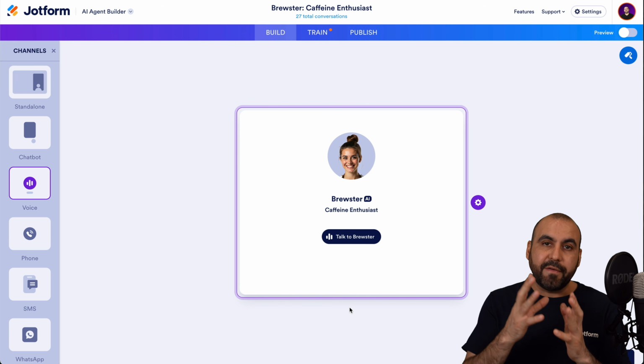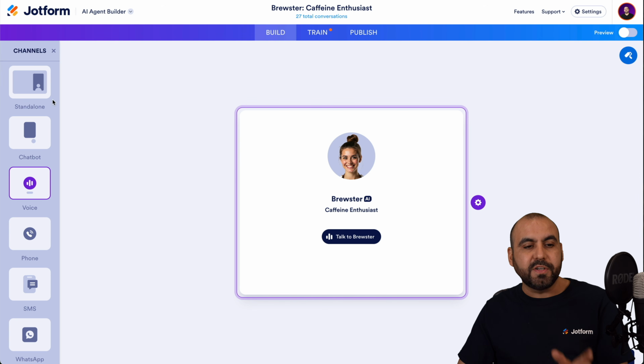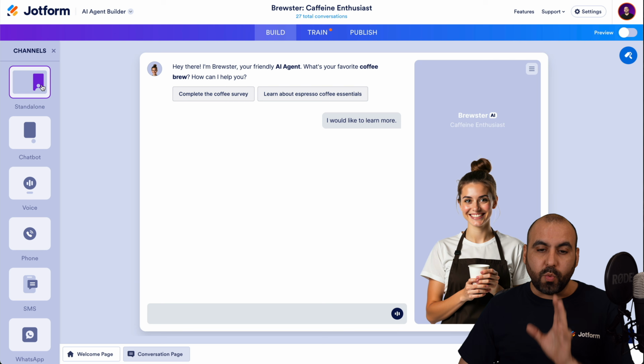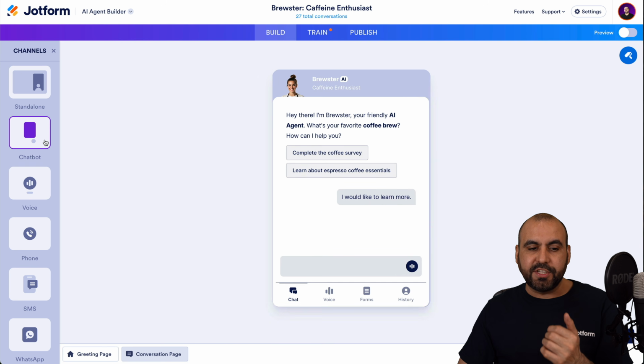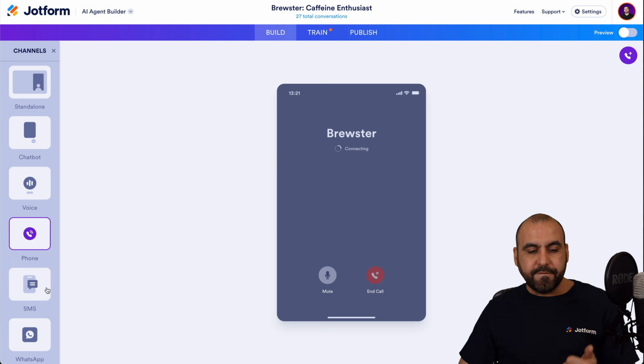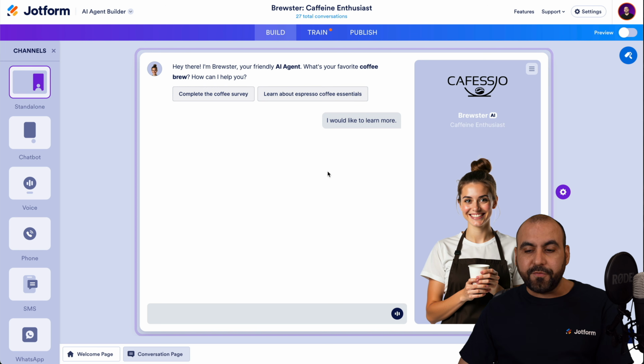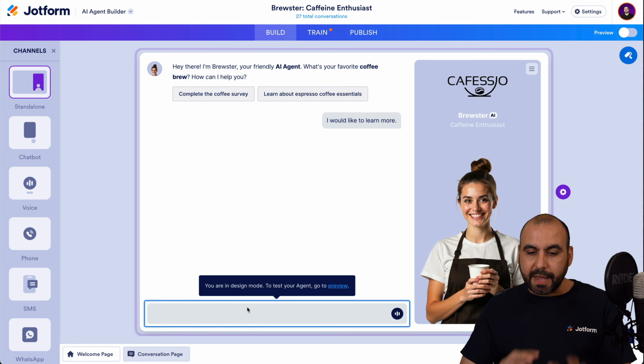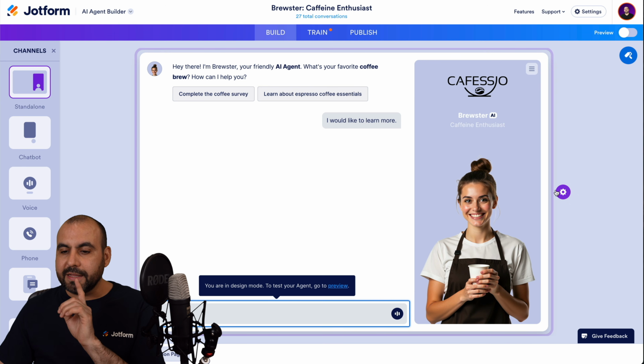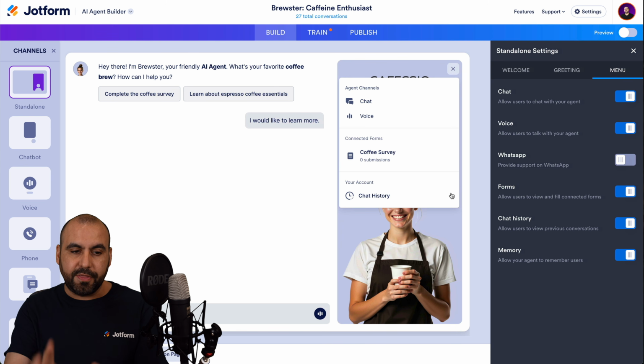So first off, we have the builder, right? And then we have the builder for different sections of this agent. So we have the standalone agent, we have the chatbot agent, voice, phone, SMS, WhatsApp, and Messenger. Now, all these will have different settings that can be edited, okay? So in this case, we have this section, which is the standalone section. I can talk to Brewster through here, and I can click on the gear icon to edit this section,